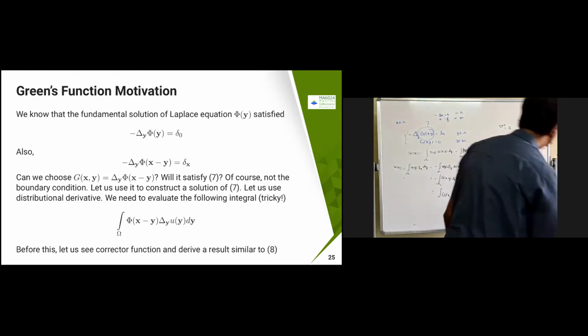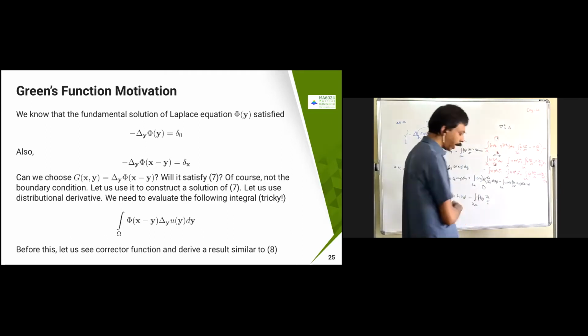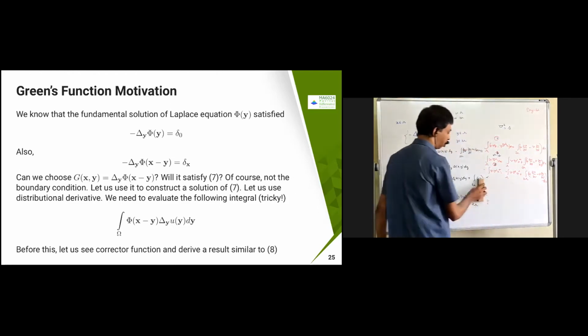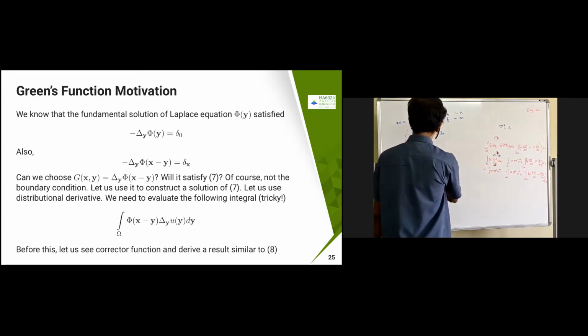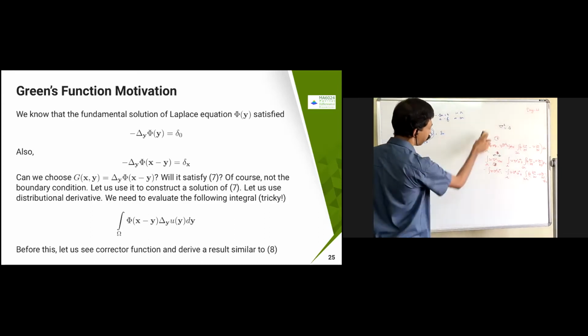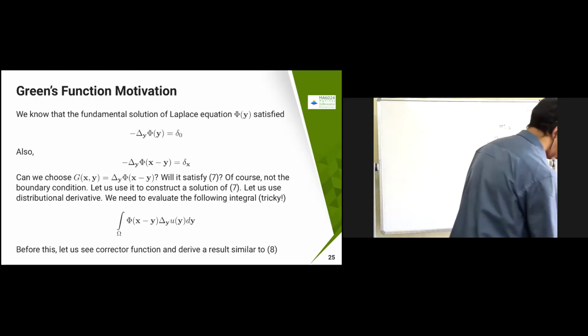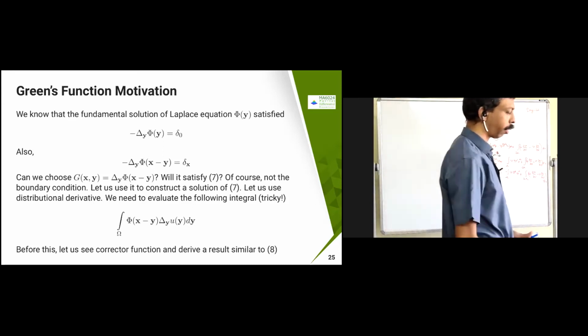For this we need to solve two problems. Any doubts on this one? Okay. So what we are going to do is obtain this g. That is almost from using this, which is actually called Green's identity in 1D, or you can say in other places also. How are we going to obtain this g? We know one solution, which is called the fundamental solution. From the fundamental solution only we are trying to obtain that.